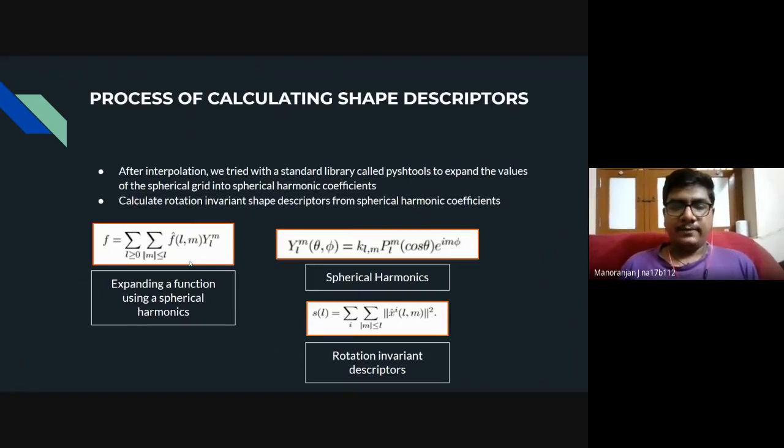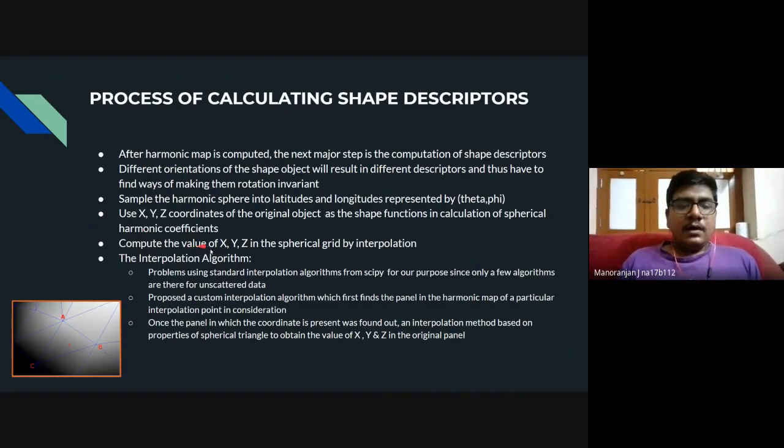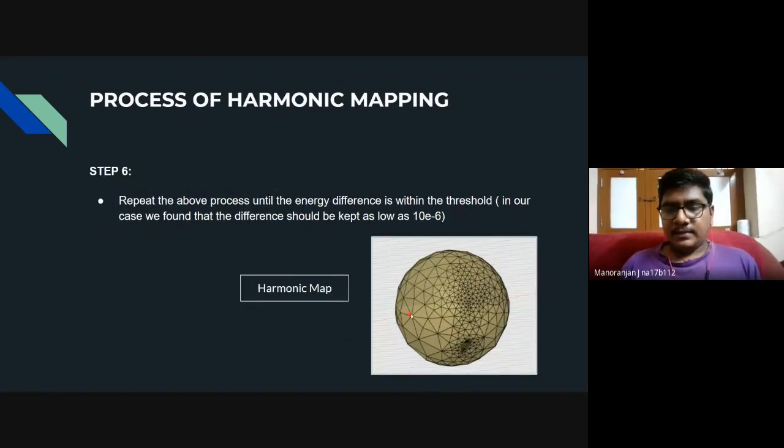If we choose a smaller value of L, the shape that we can identify will be very limited. If we choose a larger value of L, then we'll have a better representation of the shape, but there will be more computations. When we are sampling it as a grid, we know the values of definite vertices of the original shape, so we have to keep track of that as well. When sampling, some of the points may fall in the middle of a panel, so we have to interpolate.